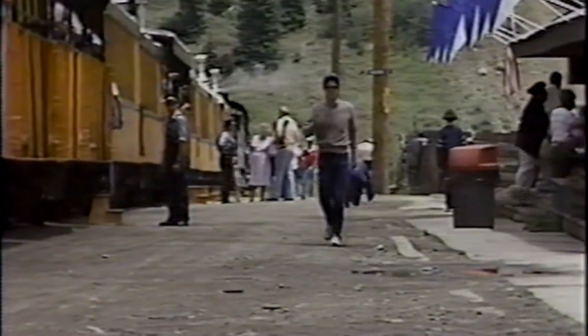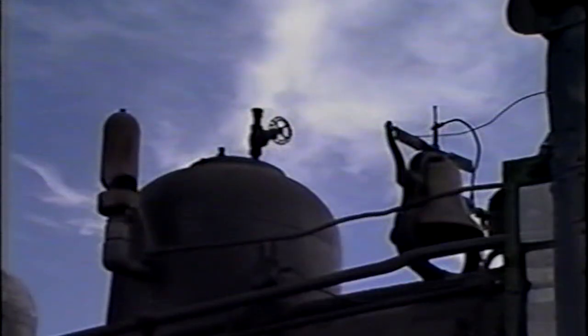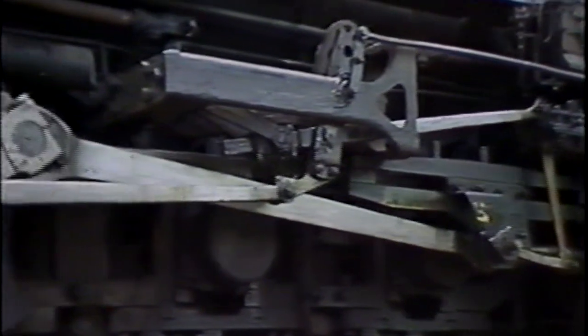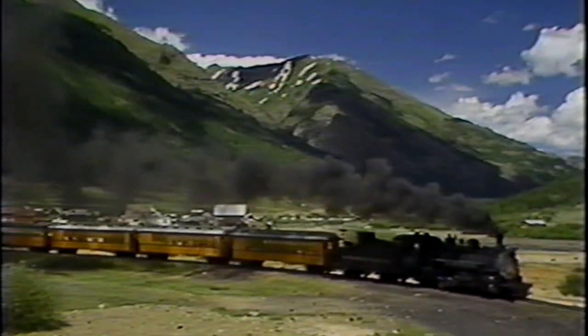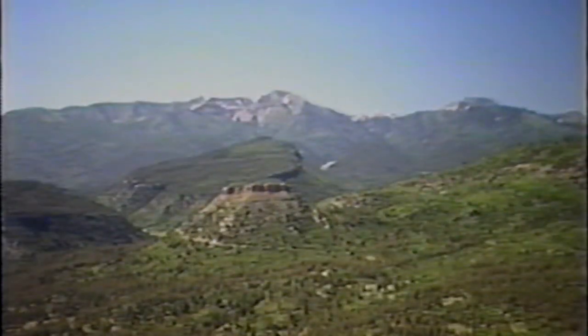Some passengers will take a bus back to Durango after their visit, but most folks enthusiastically look forward to the return run down through the mountains aboard the train. That old familiar sound signals our departure from Silverton. Now, heading for Durango, the first thing to strike you is how different everything looks. See, that's because those who were sitting on the left side coming up from Durango were looking out to the west, toward the La Plata Mountains,